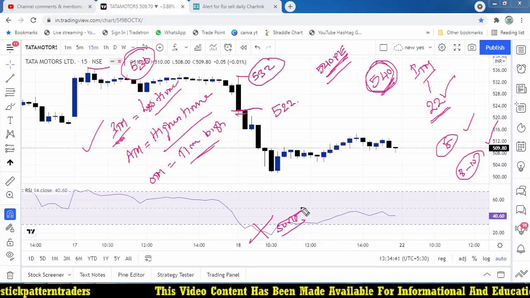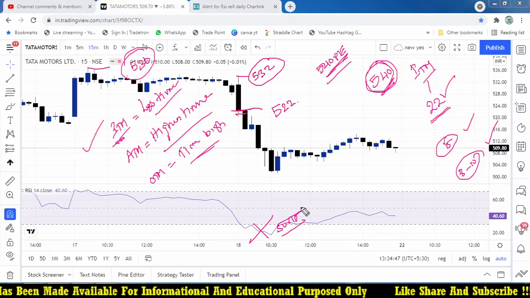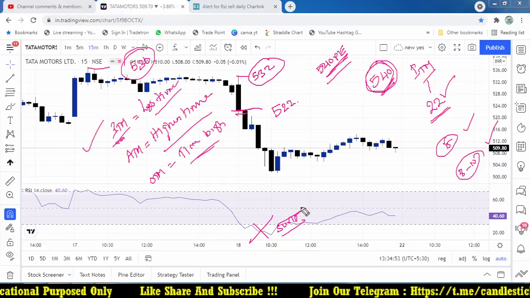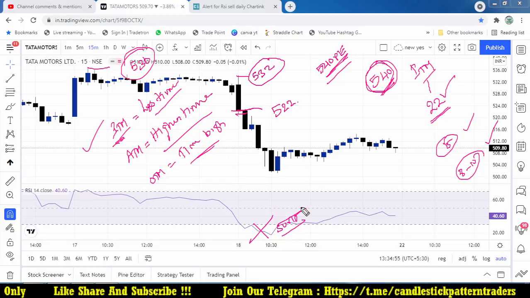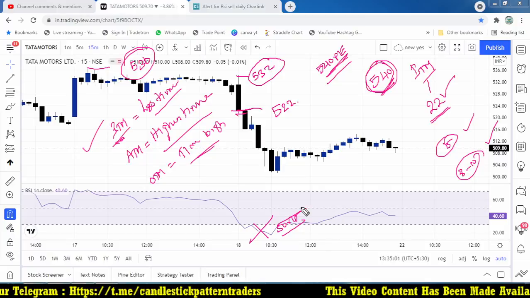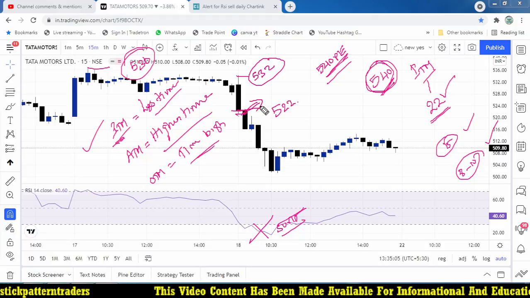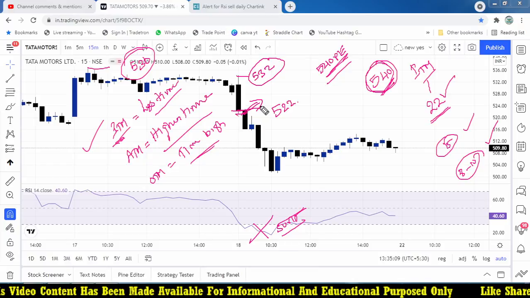exactly the trigger happened? To find that out, I used a 15 minutes time frame or a 5 minutes time frame. But the concept on which I am going to do the trading is based on daily time frame. So at what point of time my alert got triggered, that I used 5 minutes to 10 minutes to find out the exact time where I get the alert. So that is the main concept which I used to find out the point.